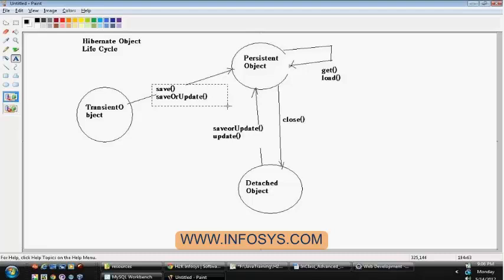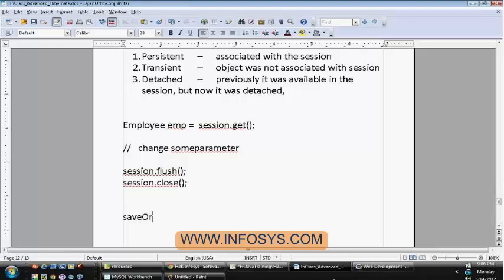Currently we know about the save method. The save method will issue an insert query, and we know about the update method, which will issue an update query to the database. And there is one special method, which is the save or update method. The save or update method will first issue